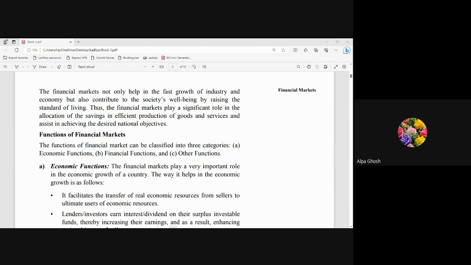If I have more income than my consumption, I will be having a surplus. So the surplus that I have, the balance of income minus consumption, will be my surplus. And this surplus, I would like to transform into an investment. Because surplus is your saving, and your saving, if it is at home, is not going to give you any interest. So we will put that money in the financial institutions, in the financial market.